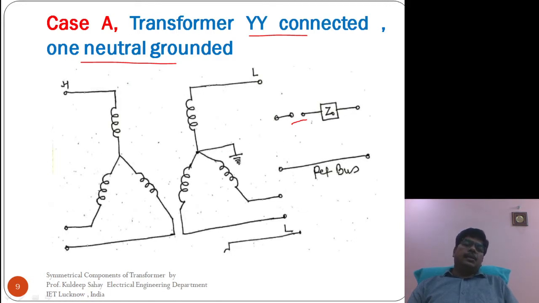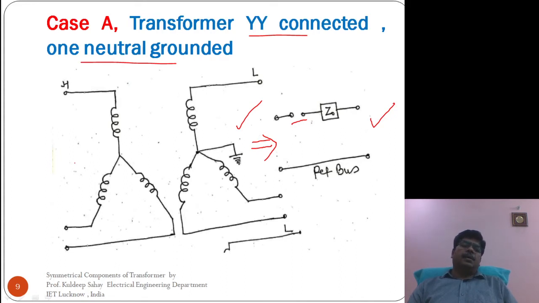While there is a star on the primary side or ST side as well as on the secondary side, there is no delta, so the shunt switches have been left open. While the secondary side neutral point is grounded, so this will be closed, so this side switch has been closed. So the equivalent representation of the zero sequence network of this connection will be like this. So this is the equivalent zero sequence network of this connection.